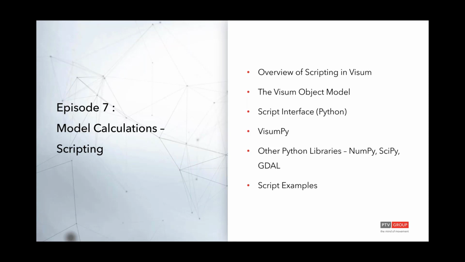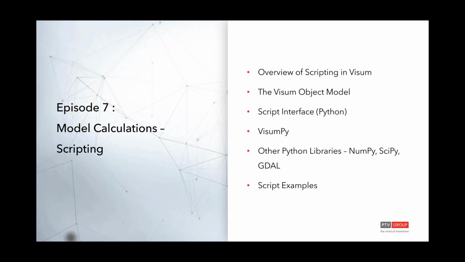We'll also discuss some other Python libraries that are typically useful, and these are useful in implementing model calculations or calculation of matrices in large arrays and some other functionalities such as Monte Carlo simulation and such. These would be NumPy and SciPy. And then the GDAL library for GIS functionality if you're looking to automate a bunch of GIS operations using Visum